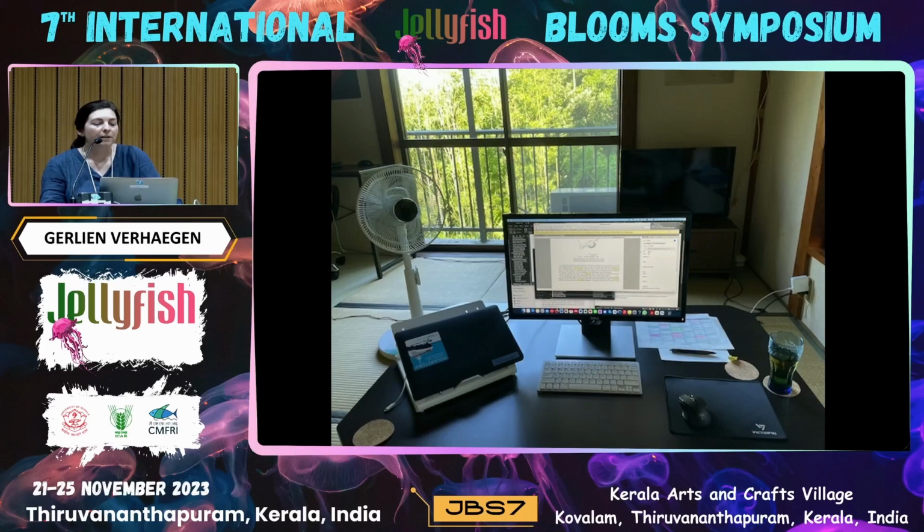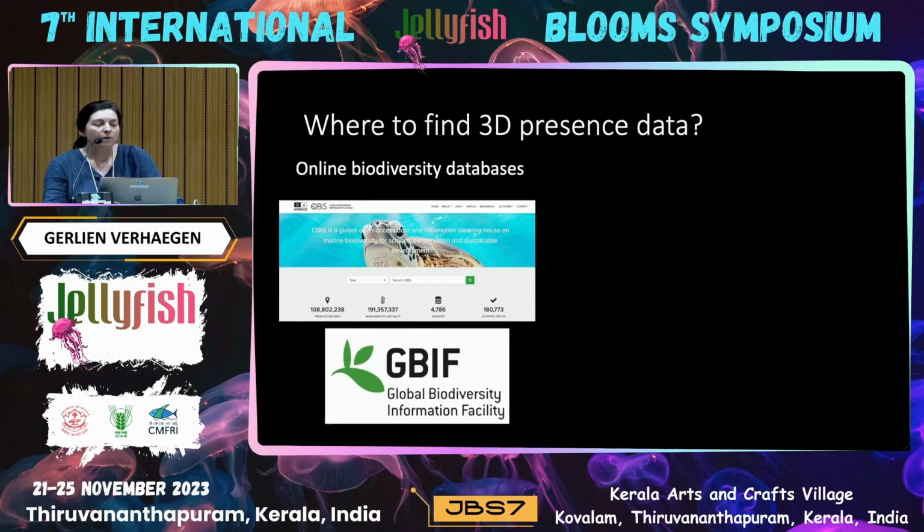Okay, so what happens when you start your postdoc on deep sea jellyfish in January 2020? This soon becomes your office, and now you have to find data for your postdoc. Where do you go? Luckily, there are some biodiversity databases out there, such as OBIS or GBIF. If you're lucky, there will be information on depth, which you need for your model, but none of them will come with a picture, so you cannot quality check at all.